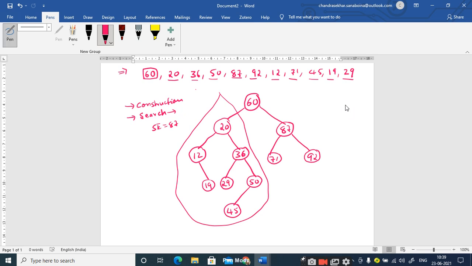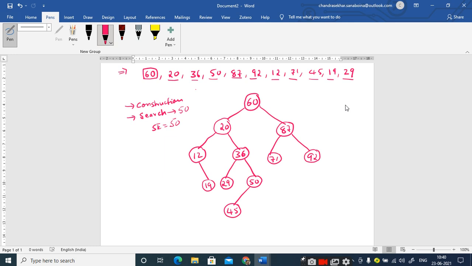You take another search element, right? Let me take 50. My search element is 50. So what are you doing? You start comparing this element with the root element, 50 compared with 60.